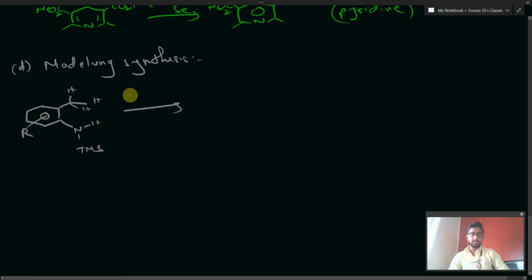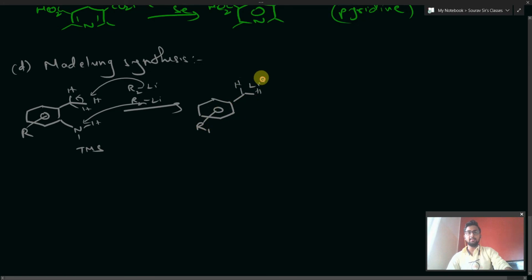So first, in the first step, what would happen is two RLi is taken. So first of all, this would be attacking over here, and secondly, this would be attacking over here, moving up one of the hydrogens. Okay, so we'll be getting a species like this, R1, Li plus, and here will be one minus, and we'll be having N minus TMS with Li plus.